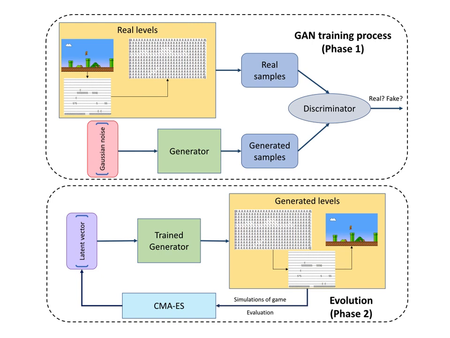So the two steps are summarized here. First, you take real samples of the real levels, feed them into the discriminator, and train a generator to generate new level segments that could fool it. And the input to the generator at this point is just Gaussian noise, as it would be with a typical generative adversarial network. Once you're done with this, then you use an evolutionary algorithm, in this case CMA-ES, to evolve new inputs in the latent space. And the fitness is how well